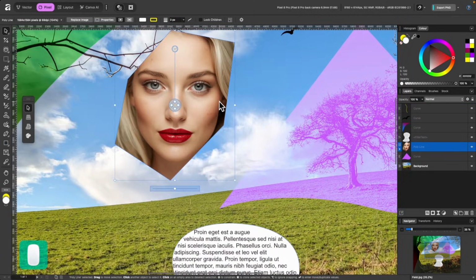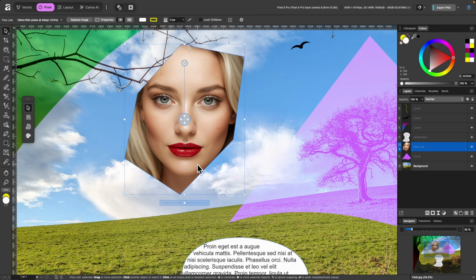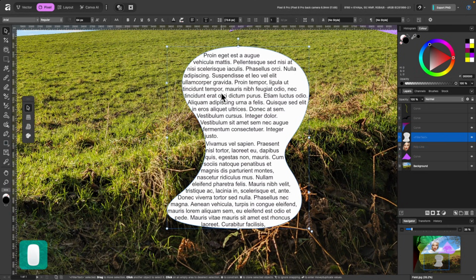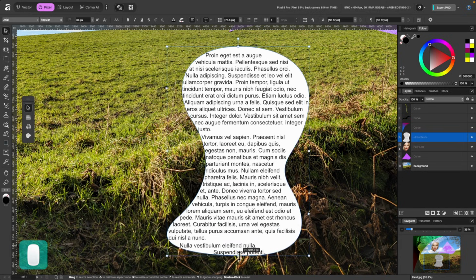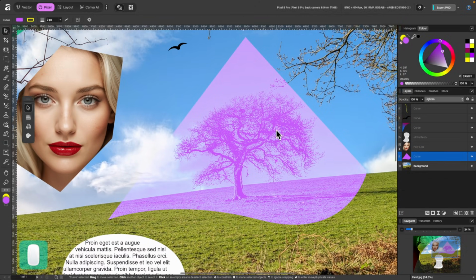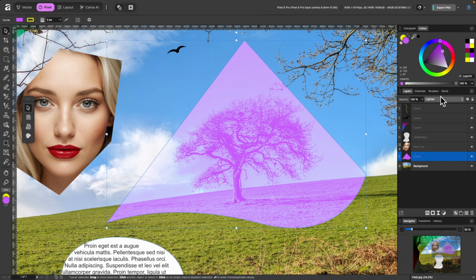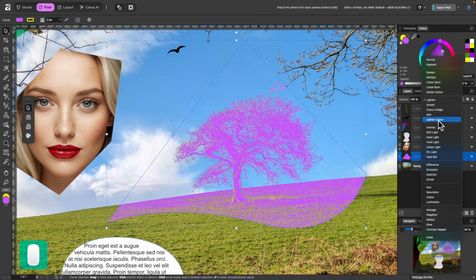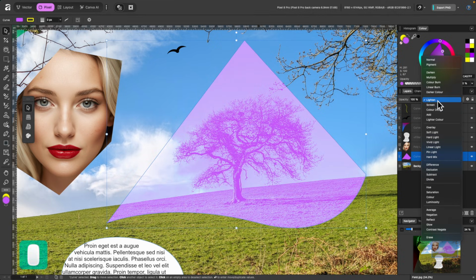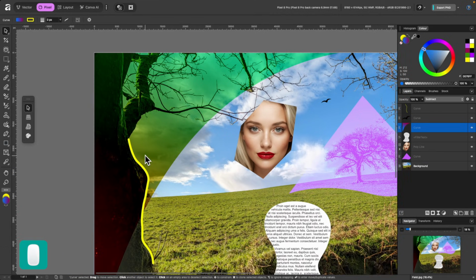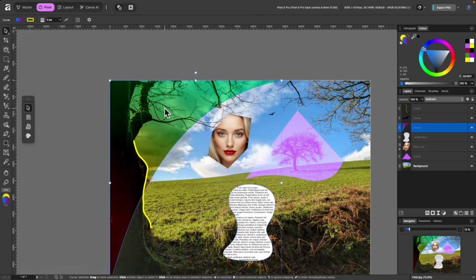So for instance, I just drew out a simple shape here and I turned it into a picture frame. So it's kind of like a custom picture frame. And I added in an image that I had on my computer. Another one is this odd shape here. I turned this into a text frame and I added some text inside of it. Check that out. And also I drew another shape here and I played around with the blend modes over here so I could just cycle through and change the way it looks. And I did the same for this on the side, but I also added a gradient in there as well.